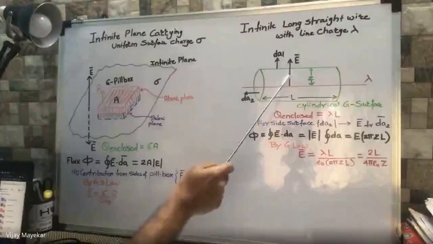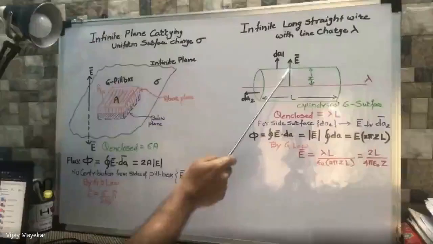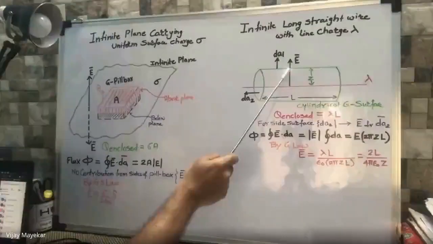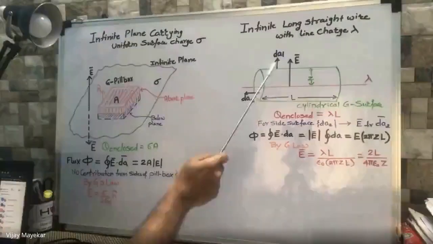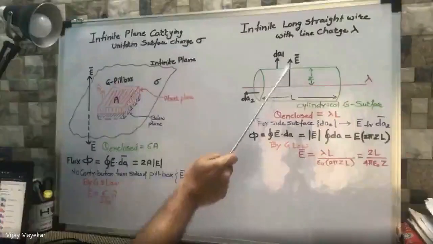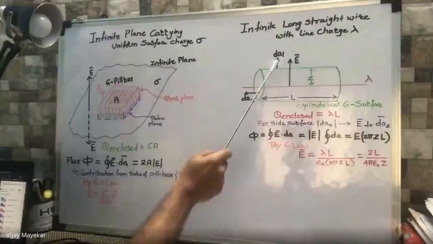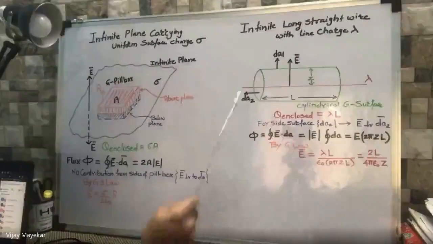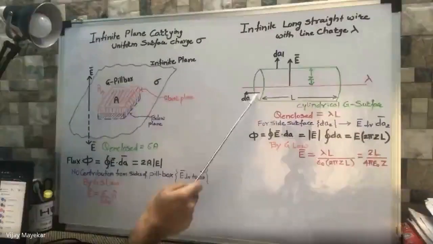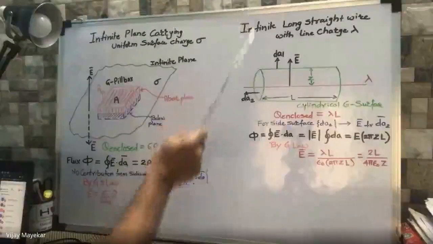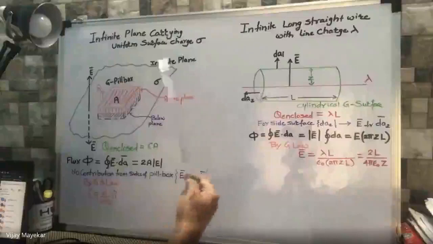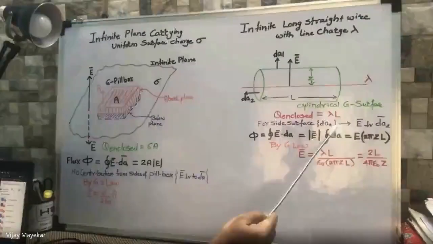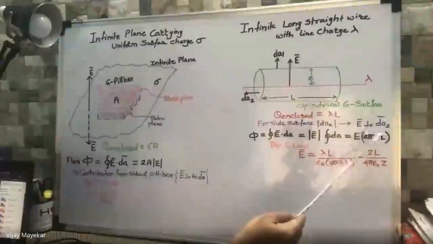So if we see it, along the curved surface, E bar is perpendicular to the surface at any given point. At the same point, if I construct dA bar, I am getting the same direction of dA bar. Okay, so dA1 is there. Whereas when I come along this direction, the E bar is pointing in the upward direction, whereas dA2 bar is pointing along the leftward direction.